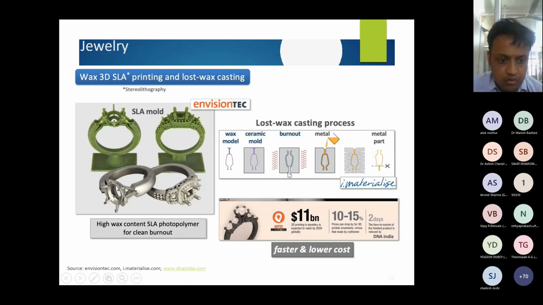There are different steps. Wax model we create, ceramic mold we make from it, burn out, metal is poured, finally we get the metal part. So this is the jewelry and small object application of this beautiful additive manufacturing.